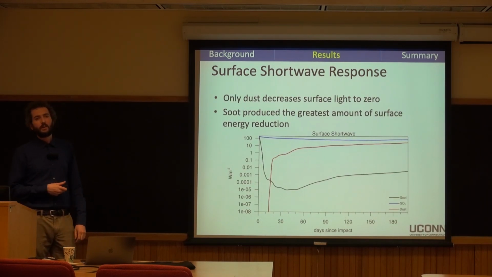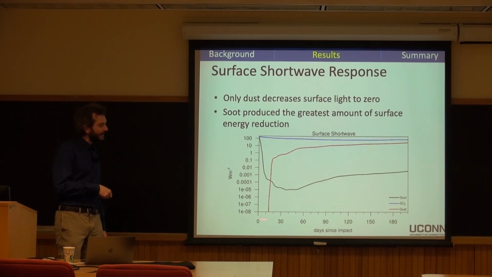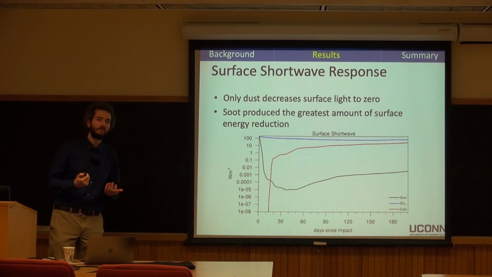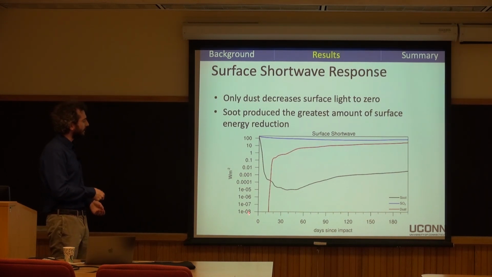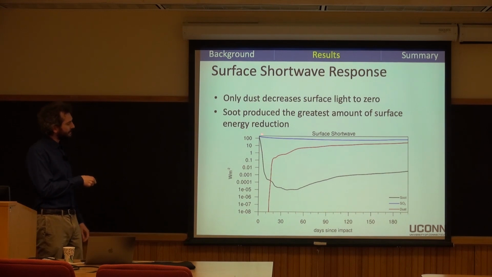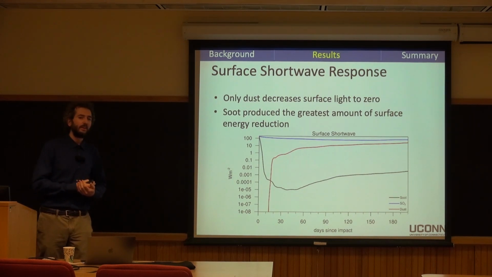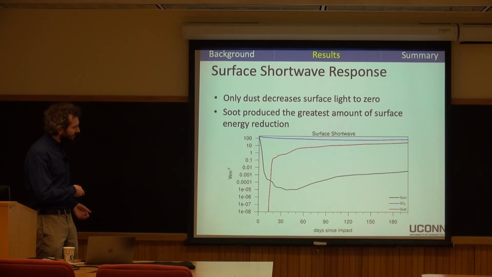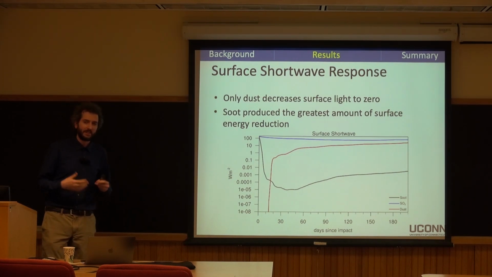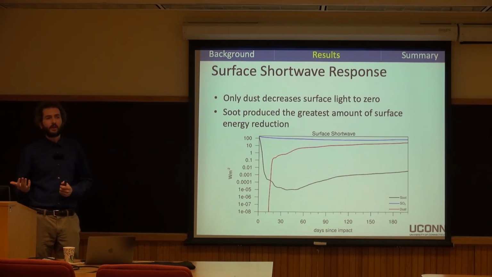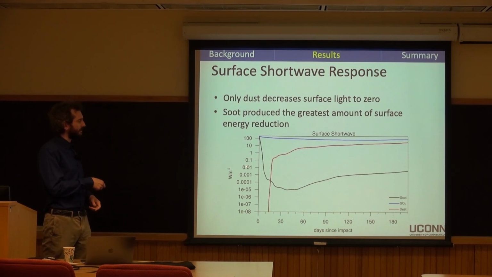So if we look more closely, in this case we're looking at the first 200 days after impact of the surface shortwave response, we actually see some interesting distinctions between these different scenarios. We're on a log scale here. And what you can see with the soot is that even though you get very low light levels, you're never actually getting to complete darkness. You're not getting to blackout conditions. And so even though humans would not be able to see at all in these conditions, this is equivalent to a moonless night, some of the nocturnal animals that were alive at that time might have been able to survive in these conditions.